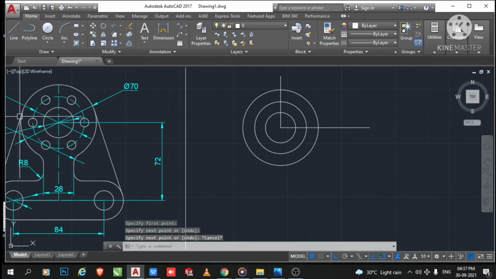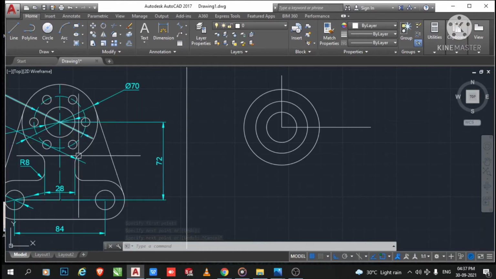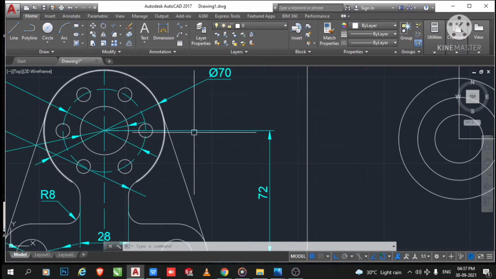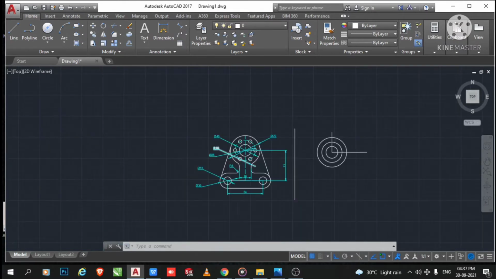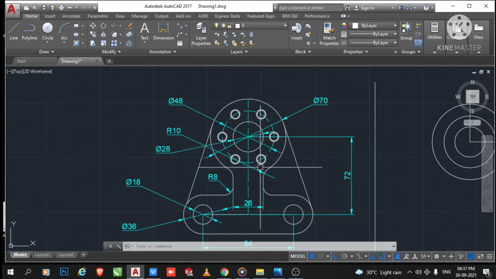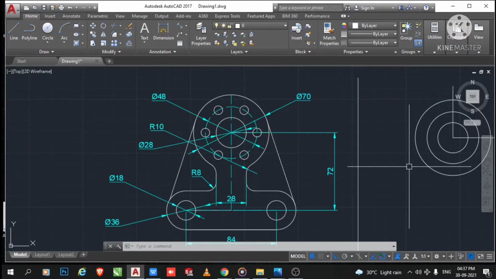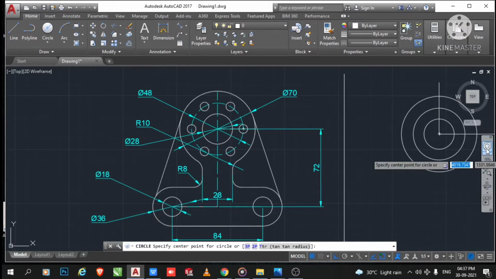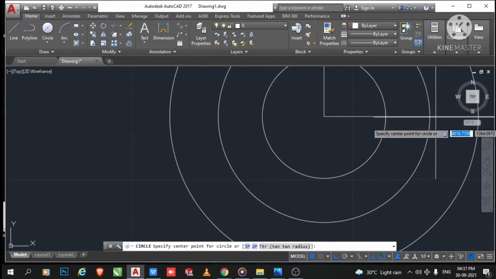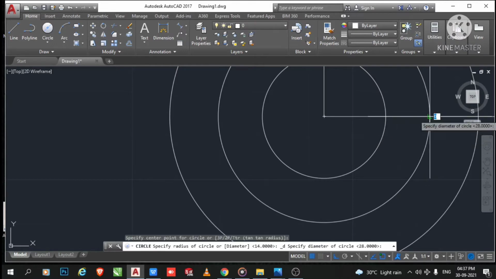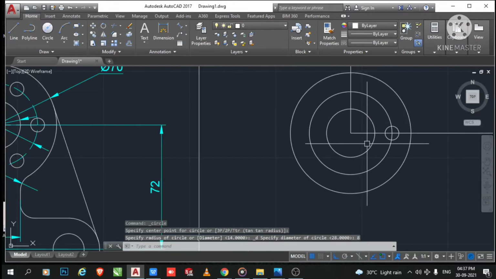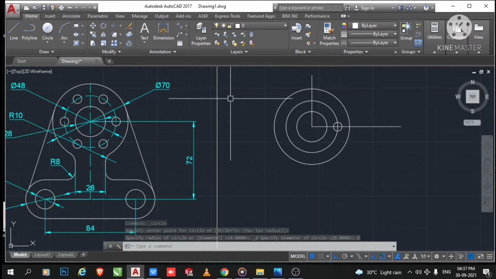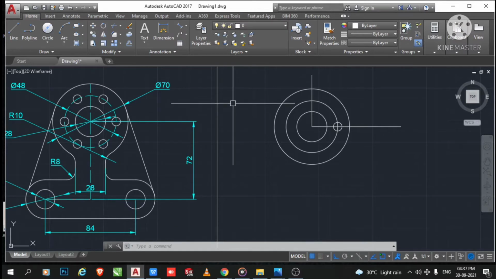And here we create this circular profile of 8 diameter and the number of instances will be 6. So here it will be 6 number of circular pattern. So create this one. We go to center diameter and select this point, and make the circle of 8 diameter, and here it will be the option to circular pattern. So we use the array feature in AutoCAD.